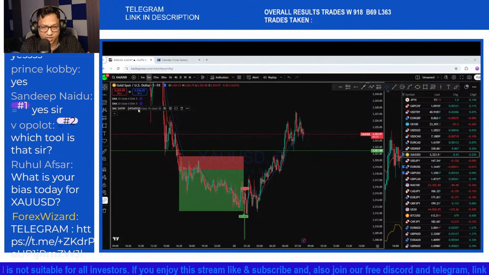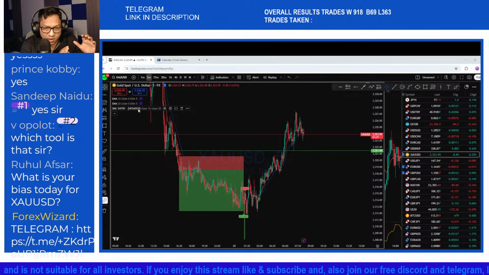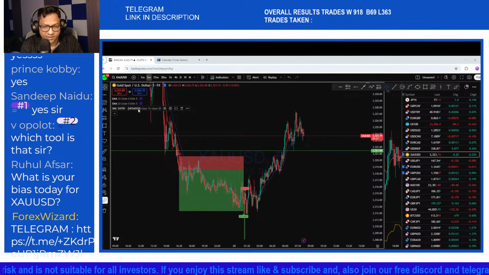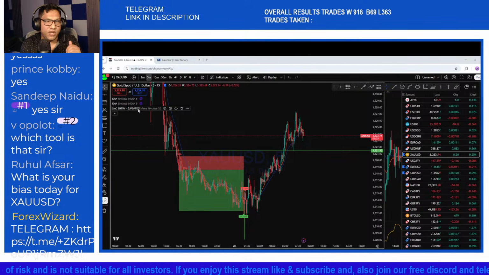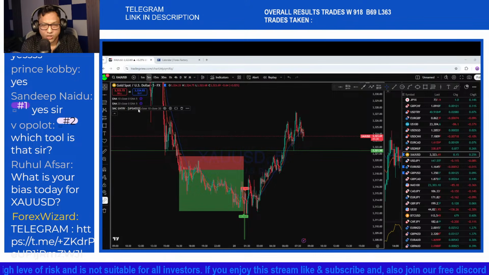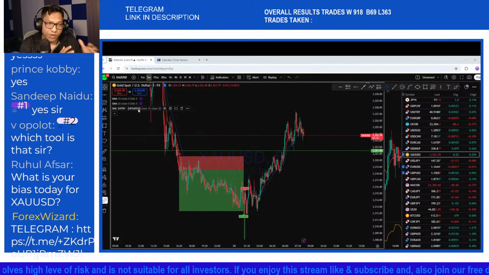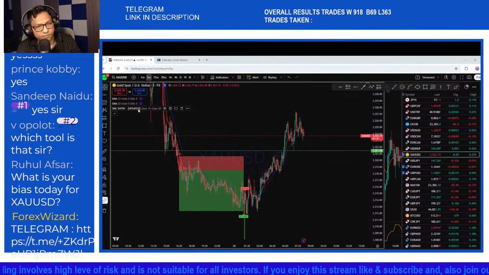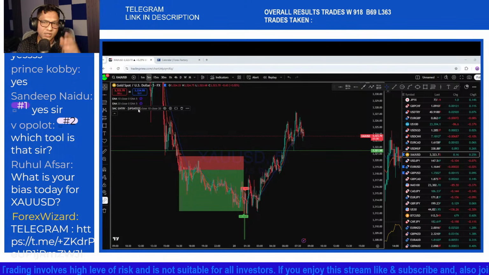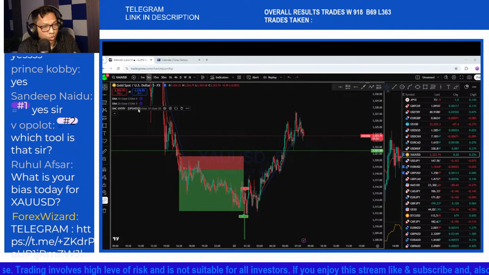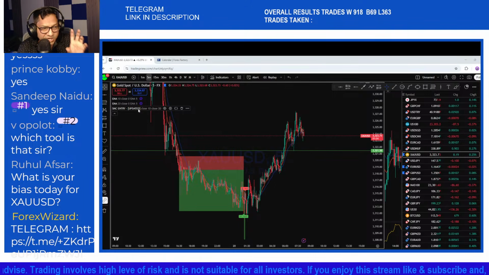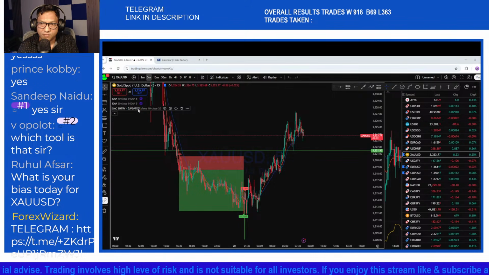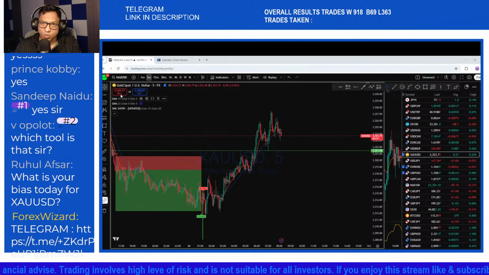To become a smart money trader, you need to guess where to enter. But as a retail trader, it's a big advantage, because you know that there is a candle printed by smart money and you can enter based on that. And this is the tool that will give me an alert whenever there is a smart money candle printed in the chart. So if you look at here, when the market is trending,